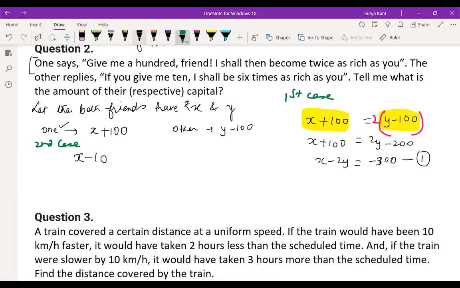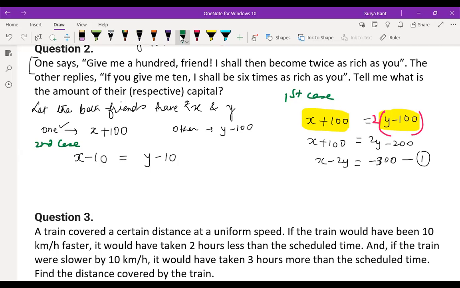What is happening here? It's hard because there are 3 types of variables. One is x, another is y, and third one is xy. Where is the third one? It's one of them is xy, sir. Where are you reading? XY, how is it coming? Product you are saying. Samarth, how is xy coming? Sir, by getting the products, I took 2 equations. x plus 100 equals 2y, y plus 10 equals 6x. Okay, let me check whether both your equations are correct or not.